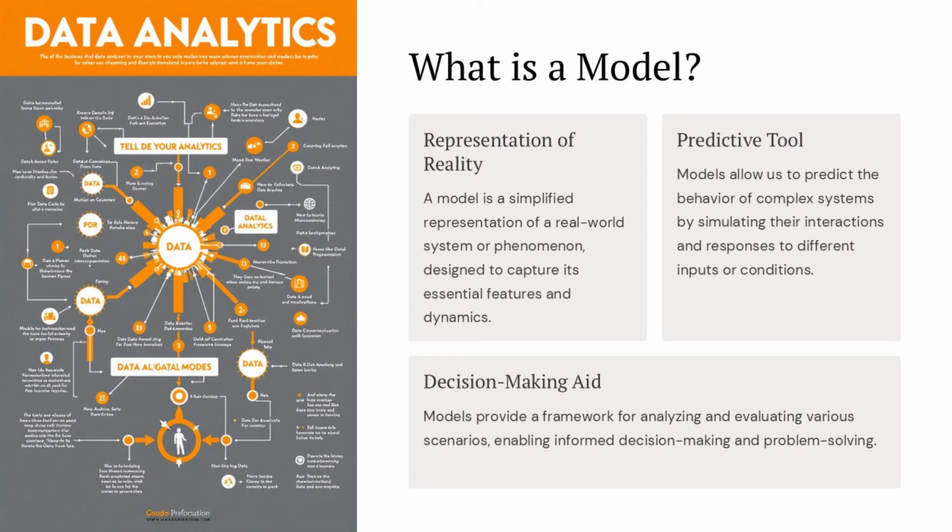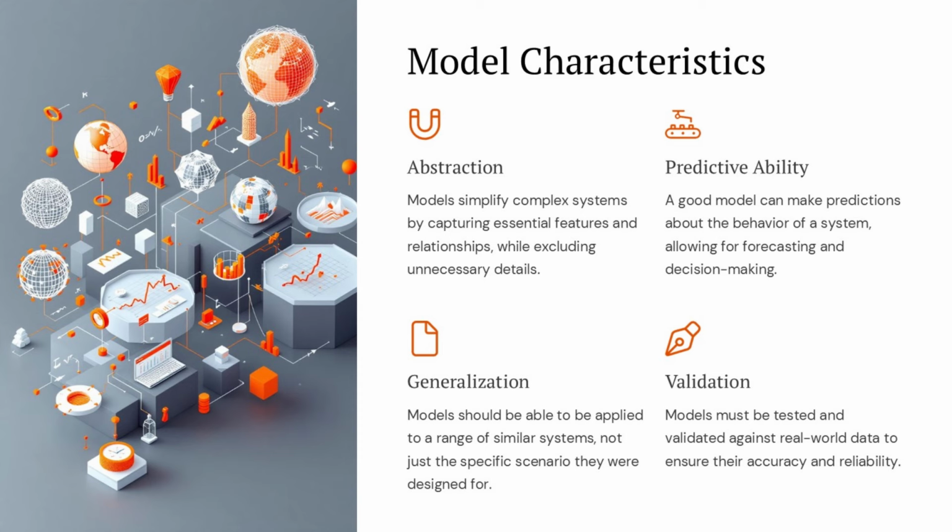The key is to strike the right balance. A model should be complex enough to capture the essential elements, but simple enough to be practical and understandable. Models simplify complex systems by capturing the essential features and relationships, while excluding unnecessary details. Good models have predictive ability, allowing us to forecast and make decisions based on their outputs. Models should be generalizable, able to be applied to a range of similar systems, not just the specific scenario they were designed for. It's critical that models are thoroughly tested and validated against real-world data to ensure their accuracy and